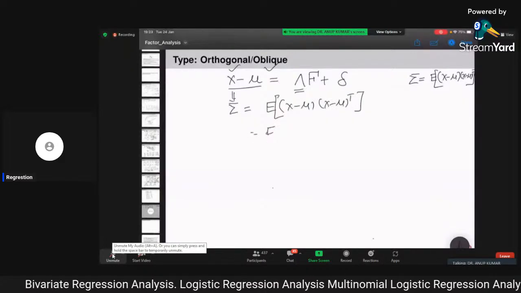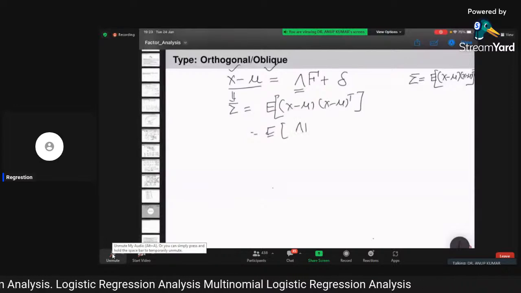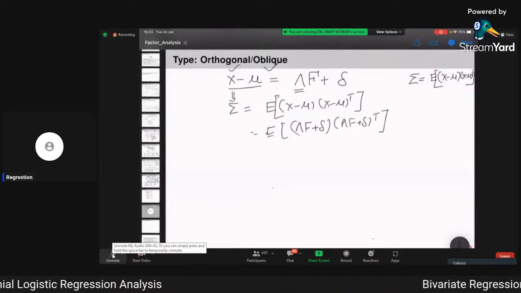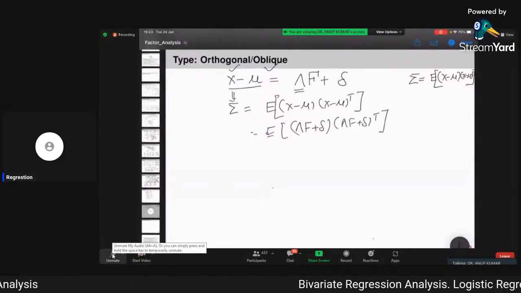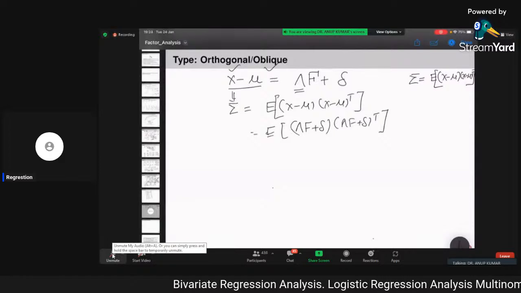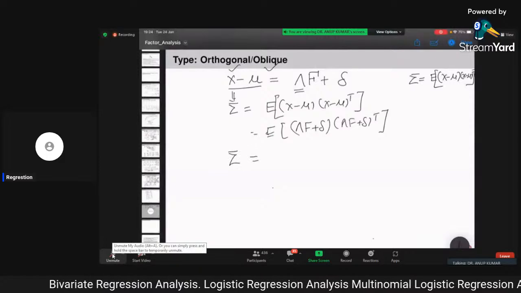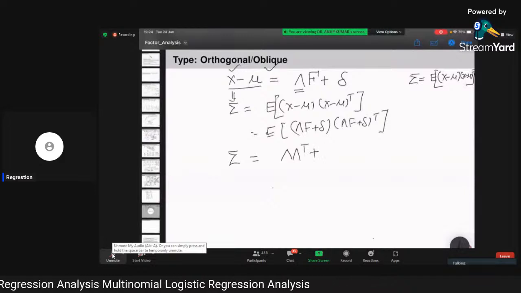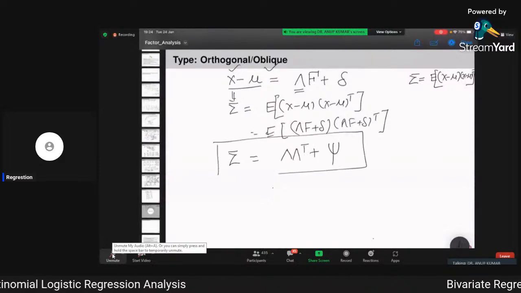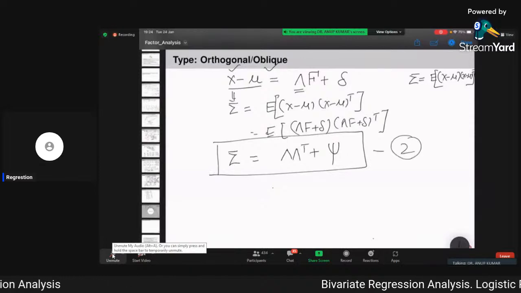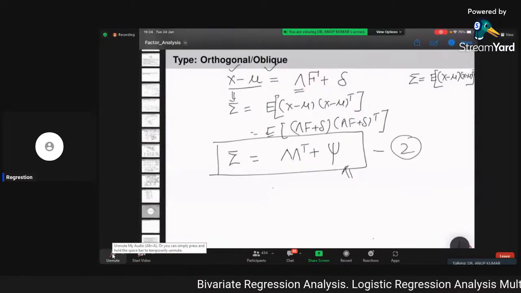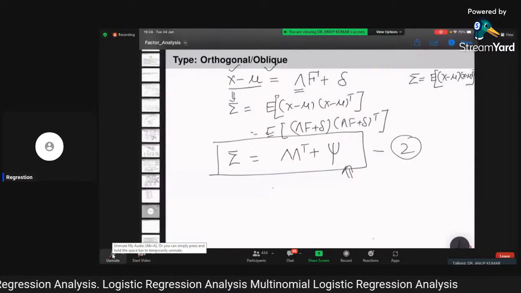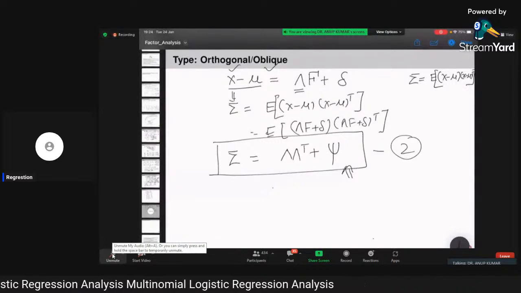If I put this value in, I have substituted, and after some steps it will come out something like this. Actually, we use the principal component method to solve this equation. Now, what is happening is that in such a situation we are simply